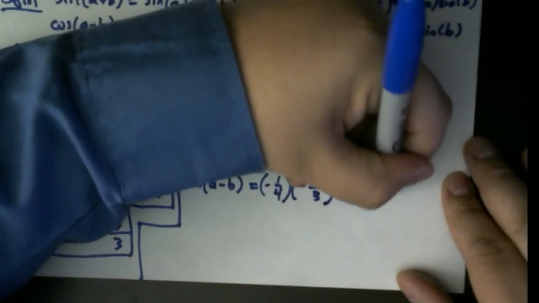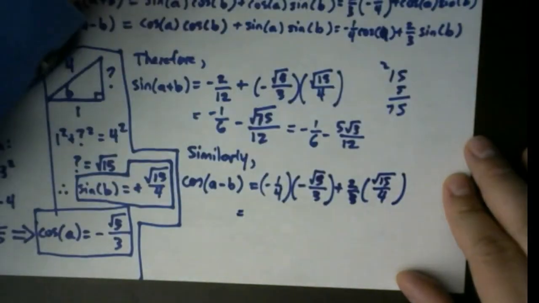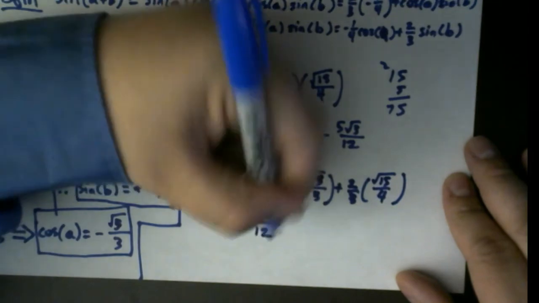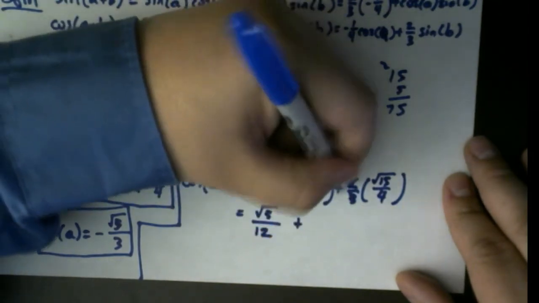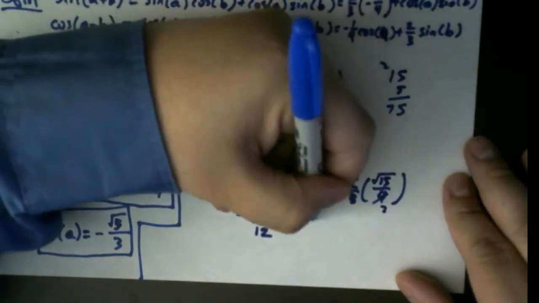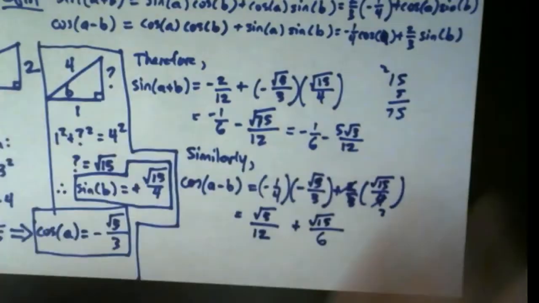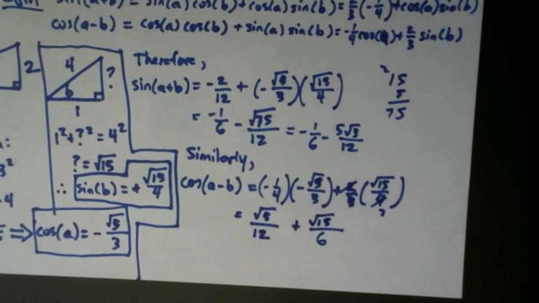And I can simplify that a little bit. Negative and negative is a positive. So I'll get root 5 over 12 plus, the 2 and the 2 are going to cancel a little bit, I could rewrite this as root 15 over 6, I believe. And you could do a little more with that maybe, but as far as I'm concerned, that's a perfectly valid